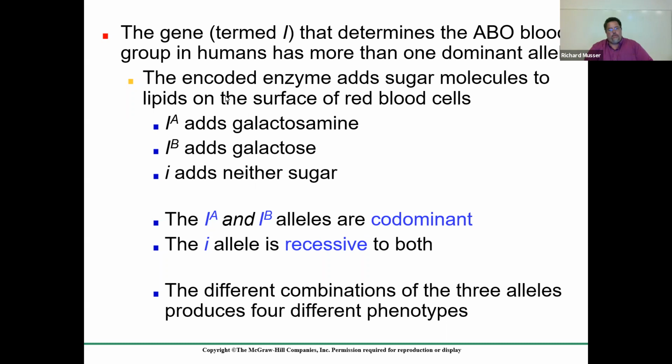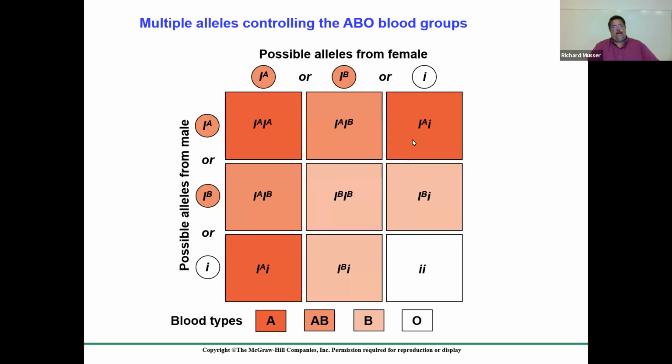There's sugar molecules and lipids on the surface of red blood cells. A adds a galactosamine, B adds galactose, and I, or the O, has neither. And so this is an example of the different types of phenotypes you could have,